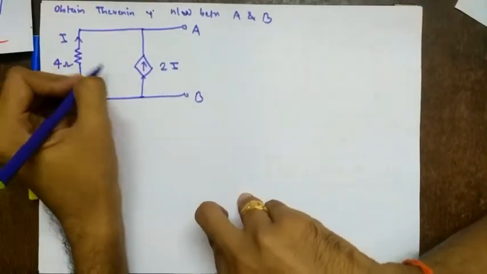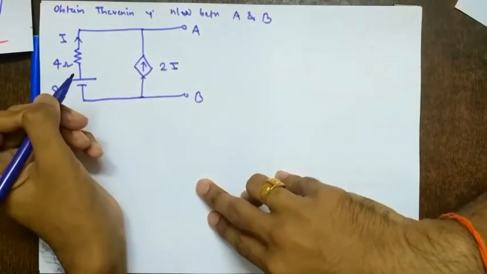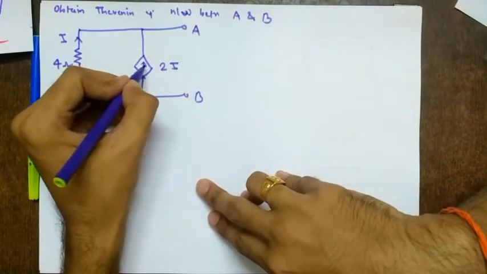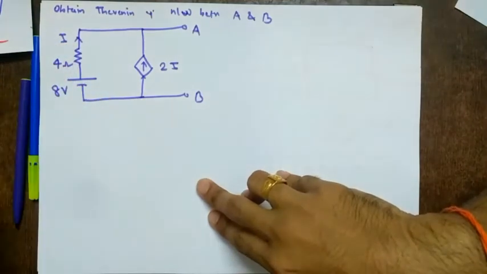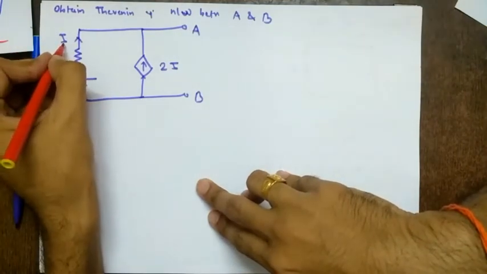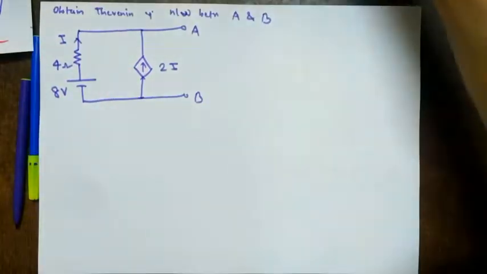So this is a simple sum based on dependent sources. Let's start with the simple sum. You see there is a dependent source. So what is our first step? First step, we write the equation for the dependent source with respect to the control variable, also called the dependent variable. So this is the dependent variable I, right?